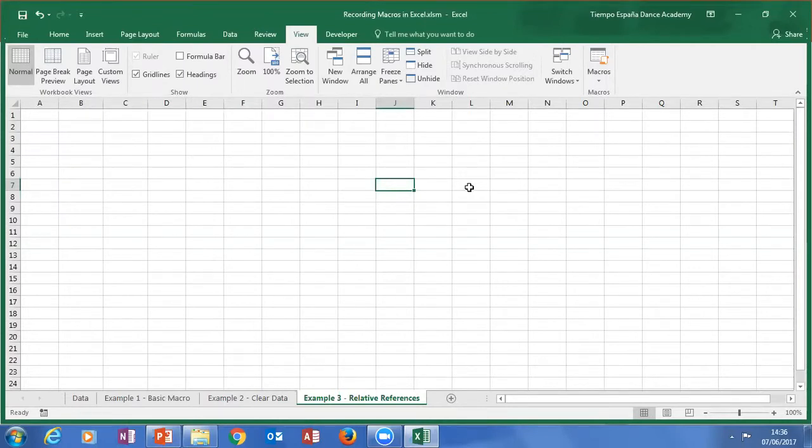So I don't even have to go into macros, click on View macros, and click on that particular macro that I've recorded. I can just press Control S, and it automatically runs that macro, and I don't have to do that again. So that's an even quicker way